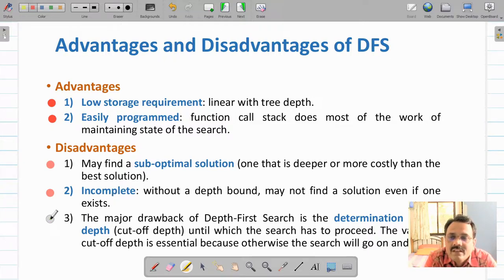Then this can be resolved if you limit the depth of this search tree. So determination of depth, that you cannot make out in advance, so cutoff depth cannot be determined. Therefore, unless and until you work on that, algorithm will not be able to resolve these problems.